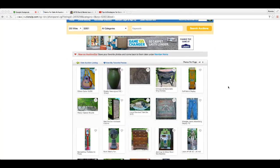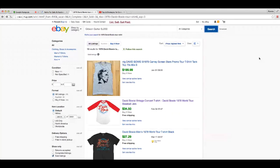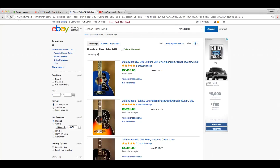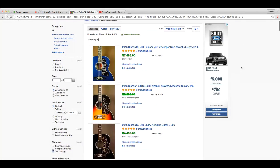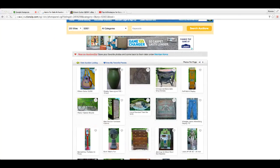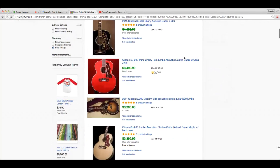There was some cool things, like it was a Gibson guitar SJ200. I didn't look it up because I don't know nothing about guitars, but it should be pretty easy to look that up. And we can see this is, holy shit. Not sure. Yeah, that's the same guitar, right? Yeah, I mean, you're looking at here a guitar that's selling for